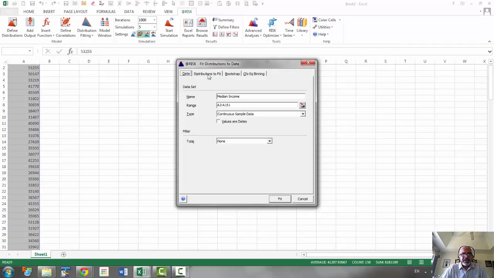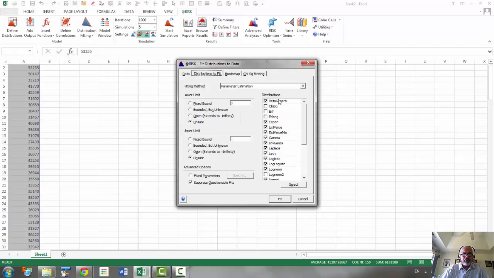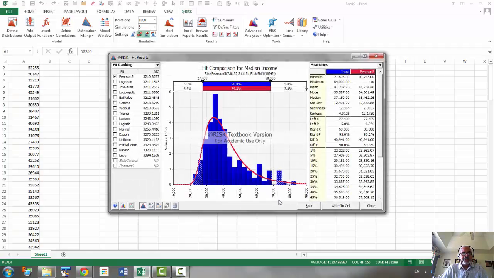All right, now the second tab gives you the distributions that we can try, and @RISK automatically recommends a set of different probability distributions to try on the data. So we'll just accept the recommended distributions, and we can click fit, and @RISK has gone through